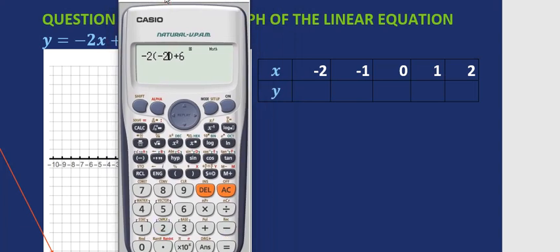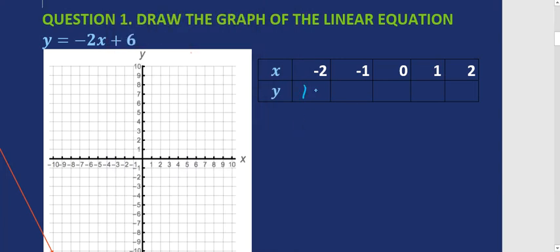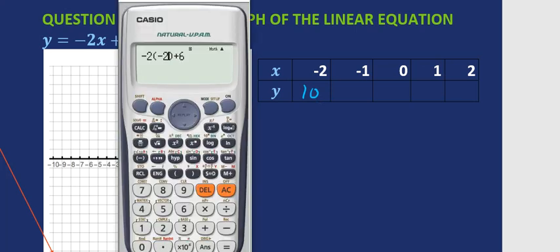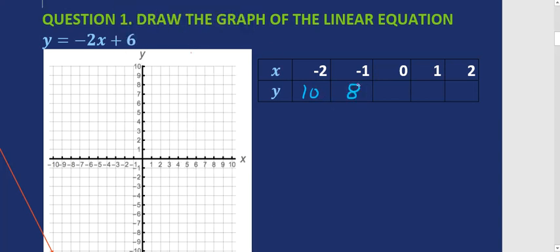If we substitute x equals -2, then y will be equal to 10. If we substitute x equals -1, then y will be 8. If you substitute 0, you'll be left with 6. I think we could see the pattern here. If you substitute 1 into the equation, y will be 4. If you substitute 2, then y will be 2. And once you've determined those